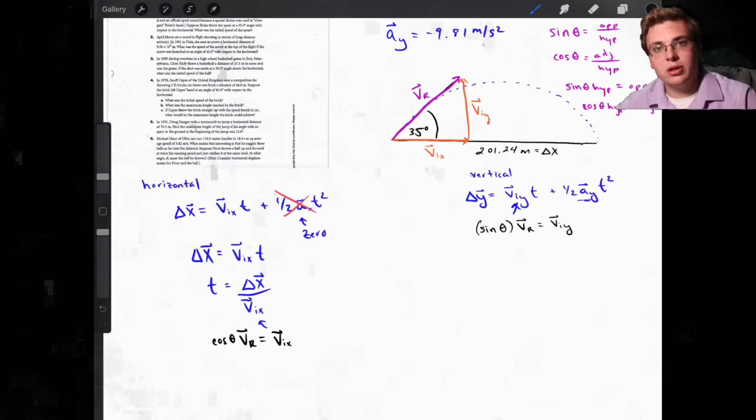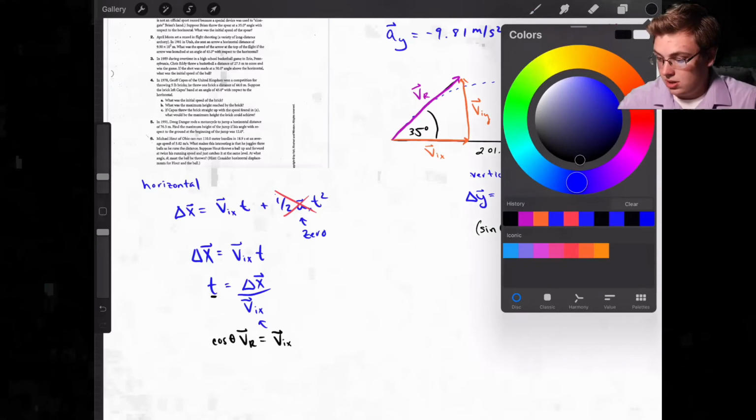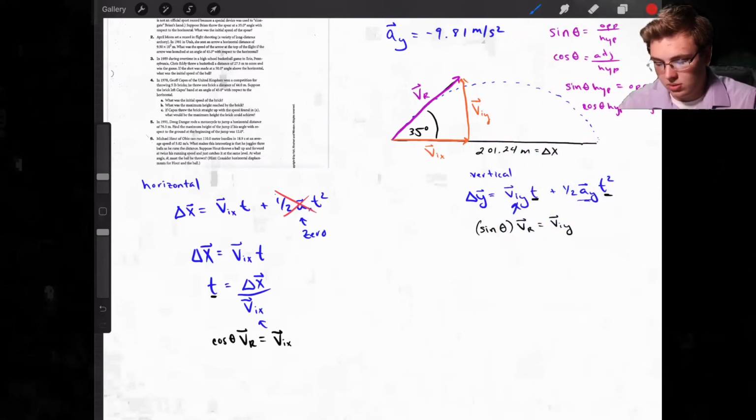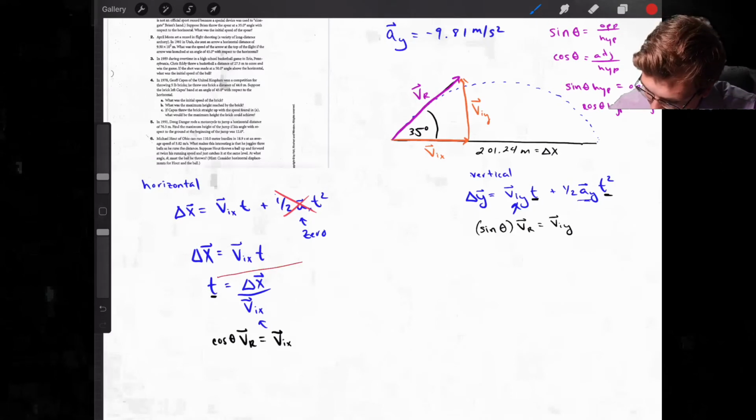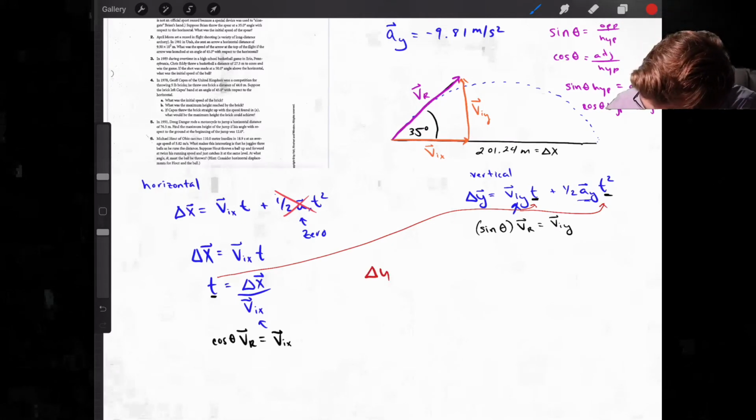Look at that, we can plug those right in. These t's are all equal, so I can plug this t in here and in there. So I get delta y equals,